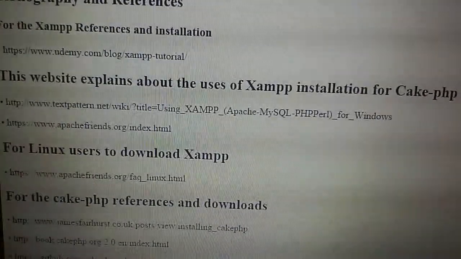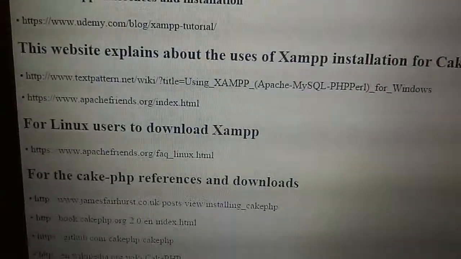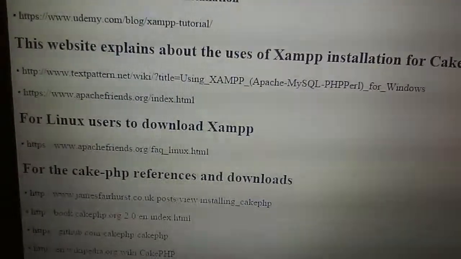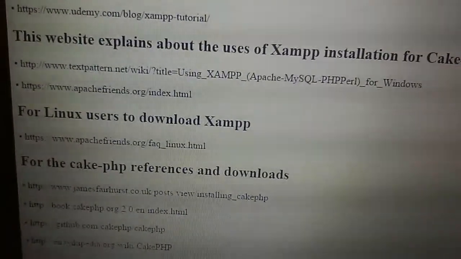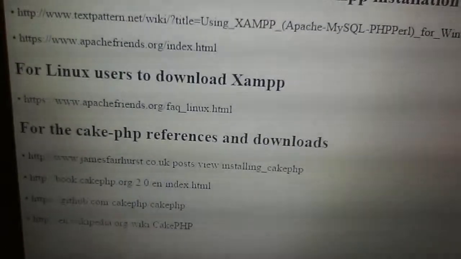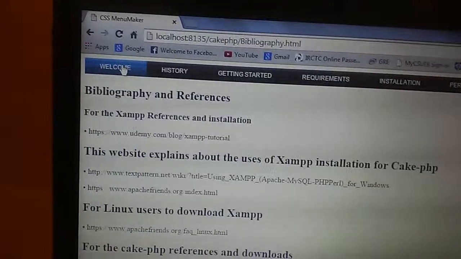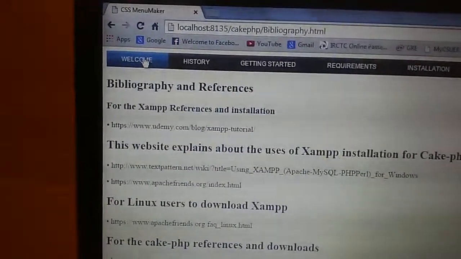This website explains the uses of XAMPP installation for Cake PHP. Others are www.textpattern.net wiki, and www.apachefriends.org. If we want to install XAMPP on Linux or Unix, we can use the website www.apachefriends.org.